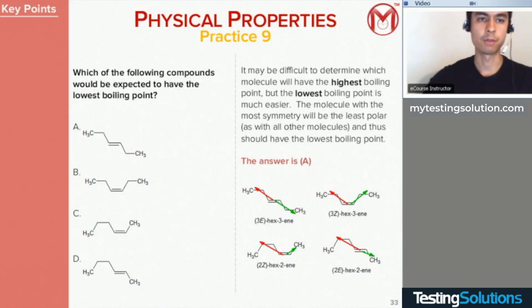If I draw out these dipoles, you can see that the dipole for this one looks a little bit like that. Dipole for this one looks a little bit like that. Dipole for this one looks a little bit like that. Now, for A, there isn't any dipole at all. It's a completely nonpolar molecule. So this sort of brings together the odd one out concept and what I was talking about initially. There is one objectively correct answer and three objectively incorrect answers.